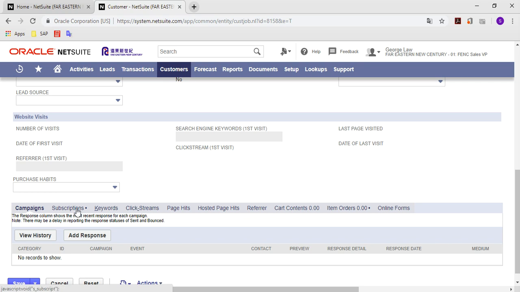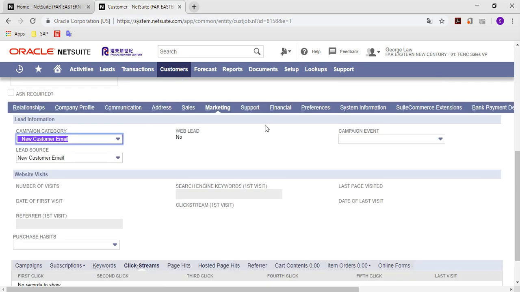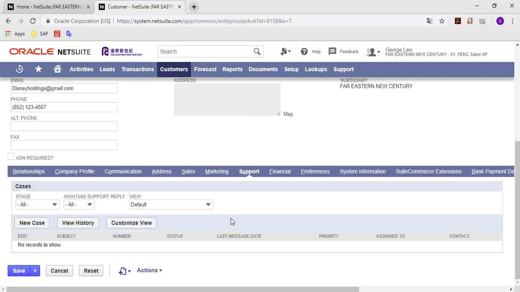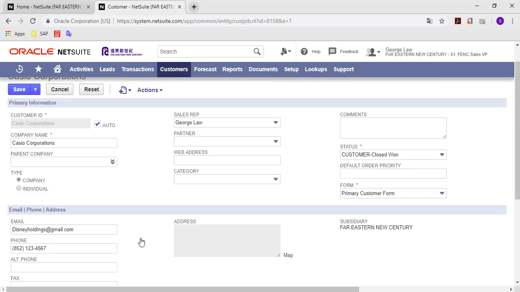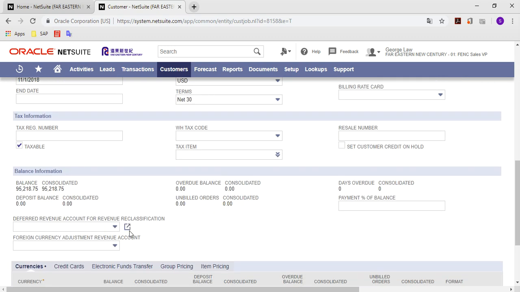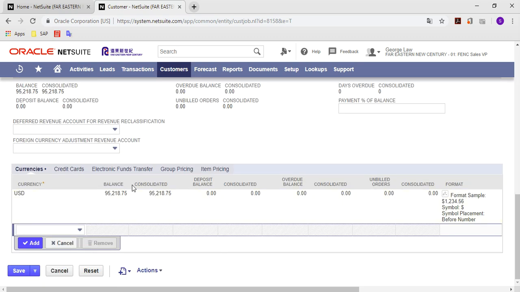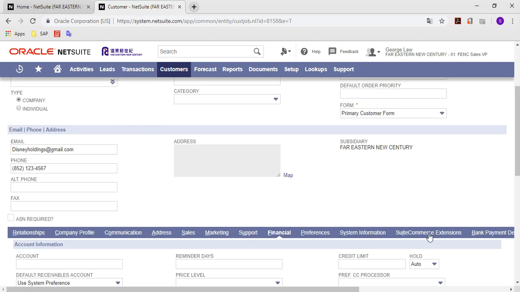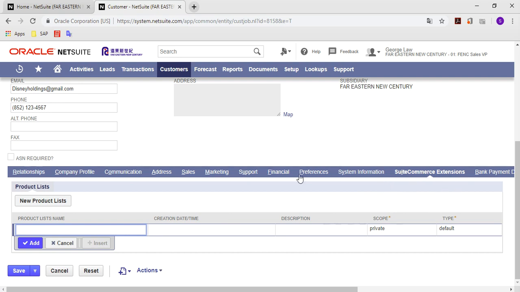The marketing part is mainly to record the complaint feedbacks of this customer. The support part is mainly about the customer service, that is the customer relationship feedback. Like when there are new cases that customer service receives from this customer, it will reflect in the master data too. You can just review the cases that the customer has raised, and the financial also, the banking, the currencies, the credit cards like that. And the SuiteCommerce extensions allow you to import new product lists for